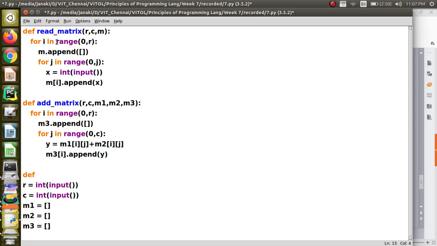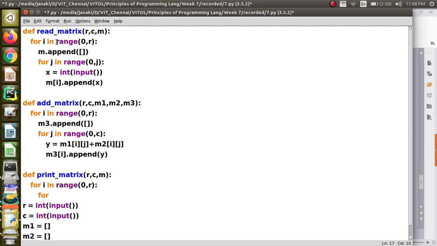And next we are going to write the print matrix function. Print matrix function will take R and C and another one, the matrix, and here we will just traverse through the rows and the columns.